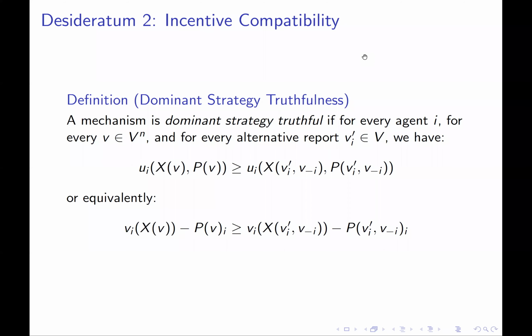So the next property that we might want is another one we've seen before, and it's called dominant strategy truthfulness, or incentive compatibility. And the idea here is a simple one. Like, there's some algorithmic task that we're going to want to solve, like in a single item auction setting, we want to give the item to the person who values it the most. Right now that's a very simple algorithmic task if we have the data, right? If I know how much each person values the item, then giving the item to the person who wants it the most,